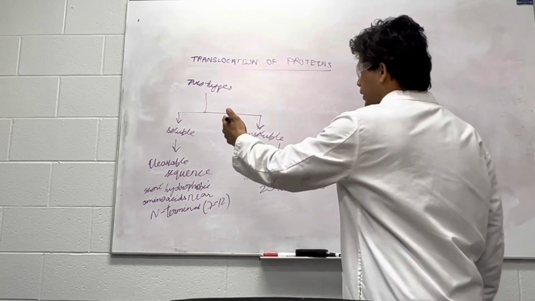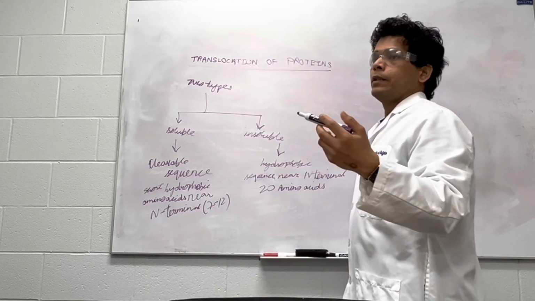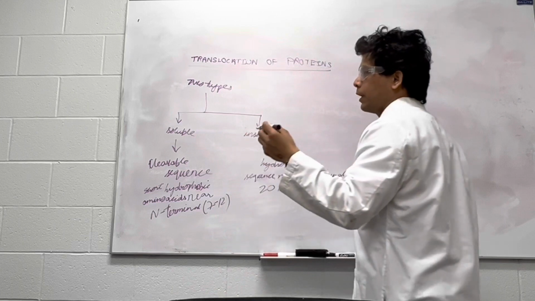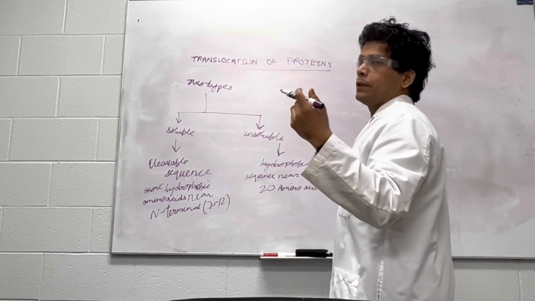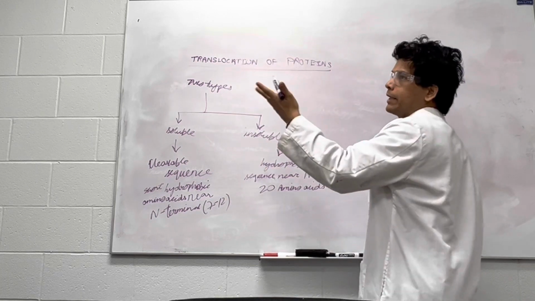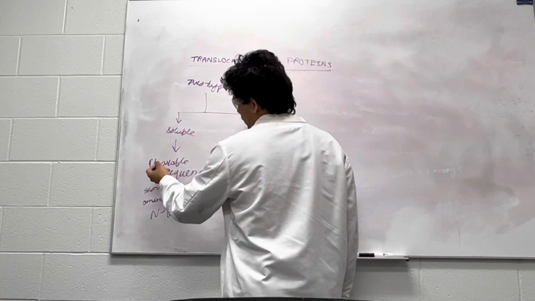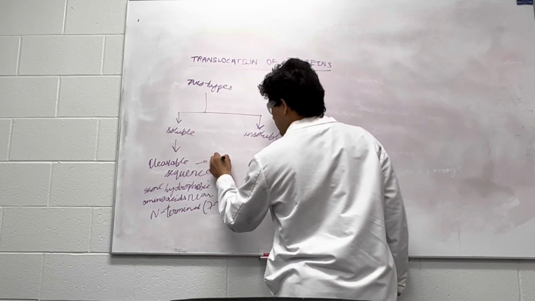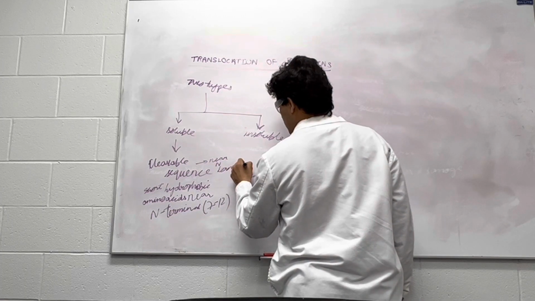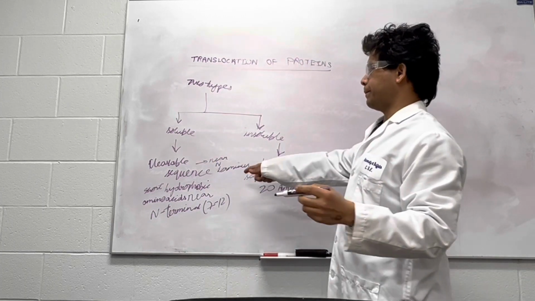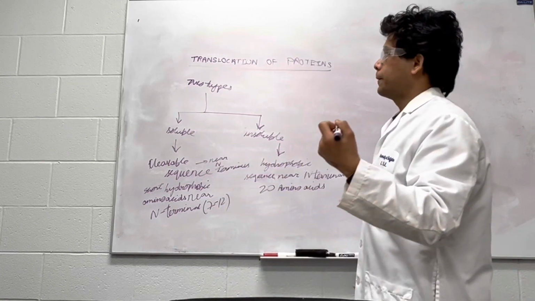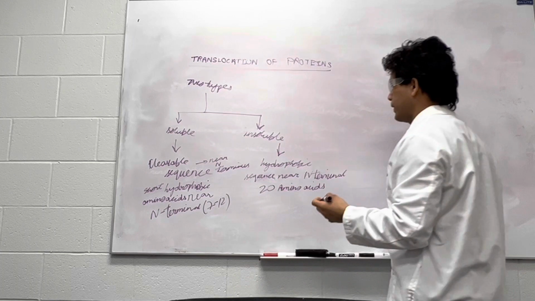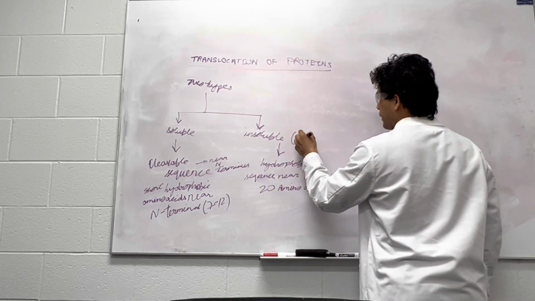So what are soluble proteins? Soluble proteins are soluble in the ER lumen or in the extracellular matrix of the cell. These soluble proteins are usually secreted outside the cell or remain in the ER lumen, as they have a cleavable sequence near the N terminus. This helps the protein pass through the membrane, whereas insoluble proteins have hydrophobic ends,